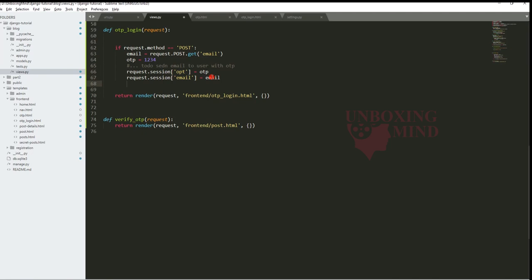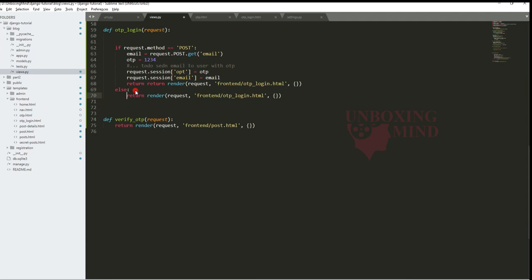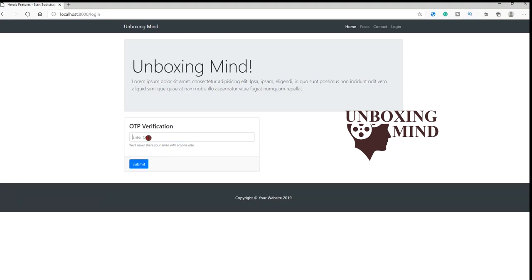Now we will ask for the OTP, and here send an email to the user with the OTP, so that the user can enter the OTP, and now we will return another page with the OTP. Else our login page will be displayed to the user.